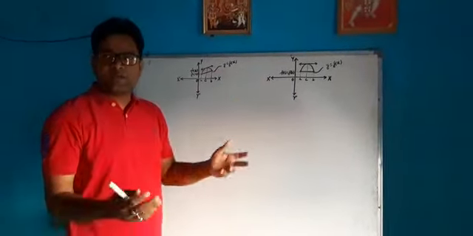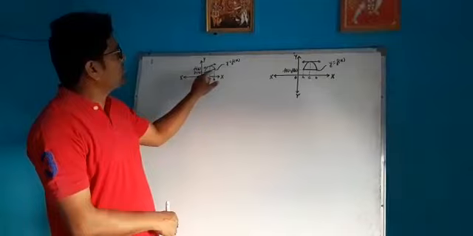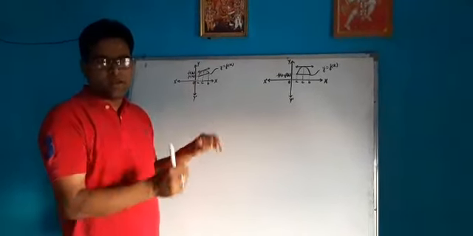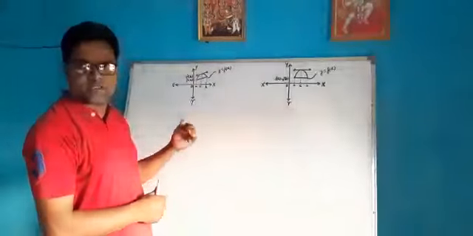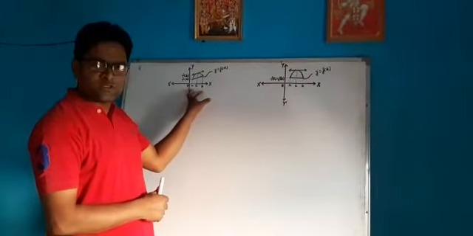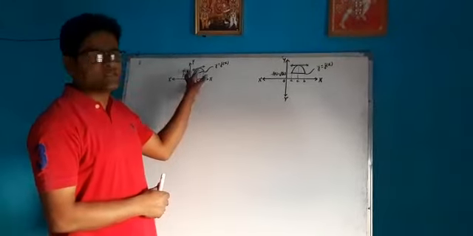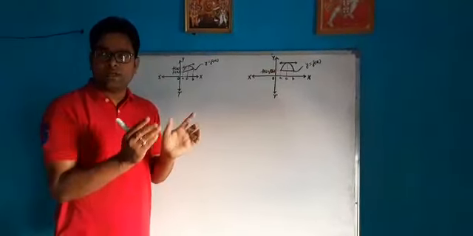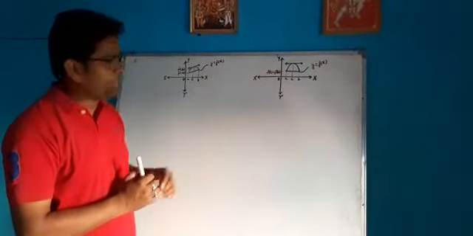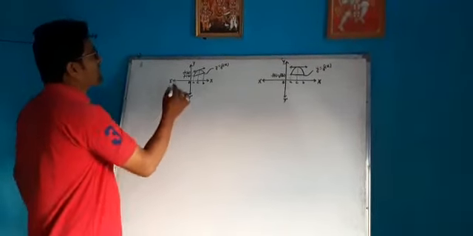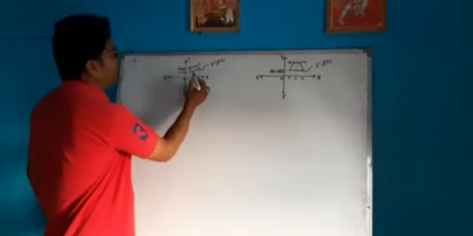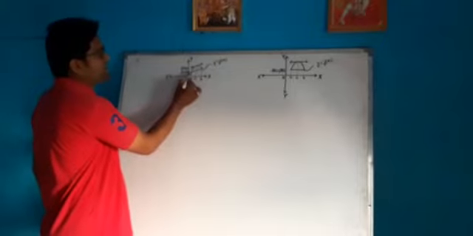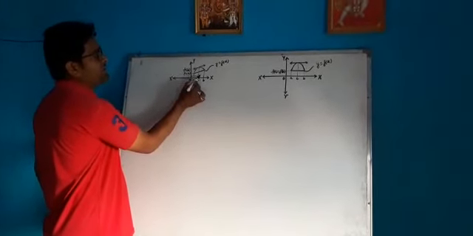Let y equal to f(x) be a given function. Its graph can be drawn within its domain. I have considered a subset as an interval, the closed interval [a, b], in which I have to consider the function. Now see, A is a critical point and B is a critical point, at which we can find the value of the function as f(a) and f(b).